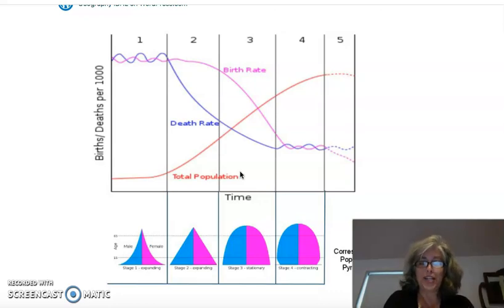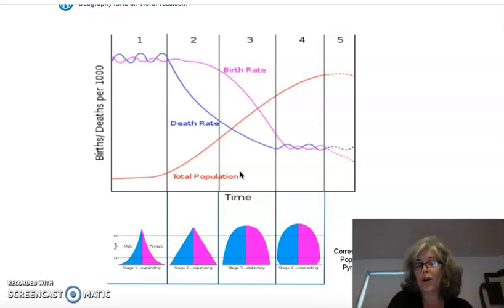When we do project 2, you're going to be investigating stage 3, stage 4, and potentially you're going to predict whether you think there are countries in stage 5 of the demographic transition model or not, because it's debatable. You will be doing some research and you will see online that some people say, yes, some countries are in stage 5, and here's some examples, and then they outline the characteristics of stage 5 and try to prove it by showing characteristics of that country.